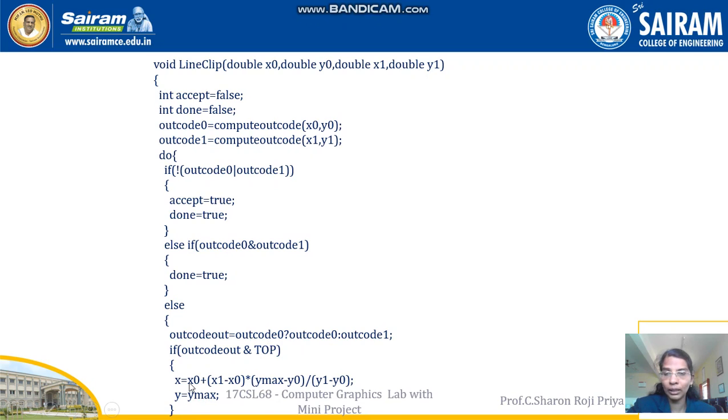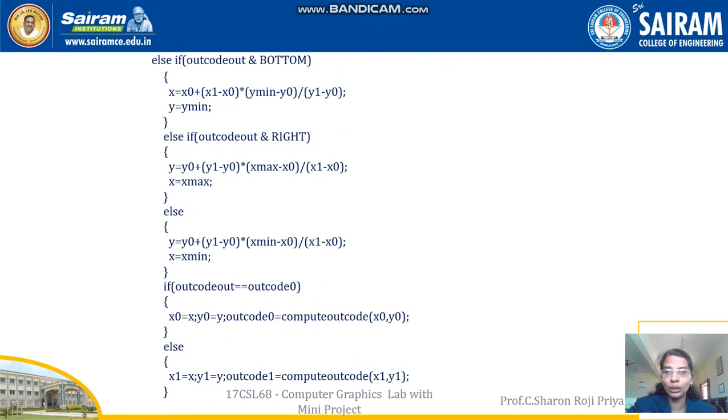we have studied in the theory part, same formula I am applying, and I will be calculating my x because x keeps on changing. Suppose it is intersecting the bottom boundary, y will be minimum. Calculate x. If your line is intersecting with the right boundary, y keeps on changing but x remains the same, x I should take as the maximum value.